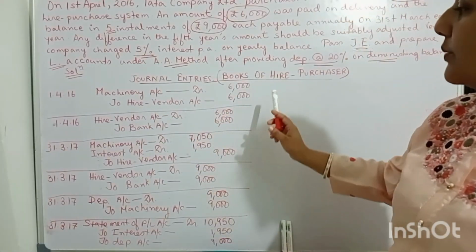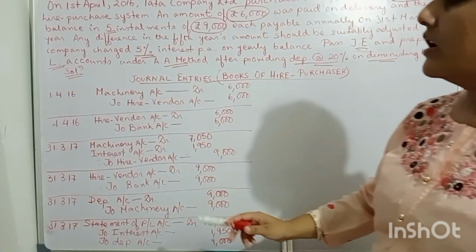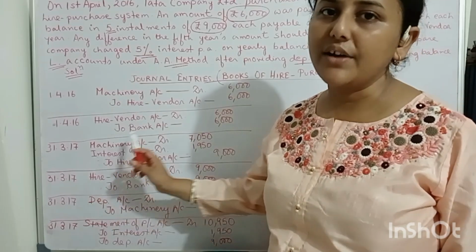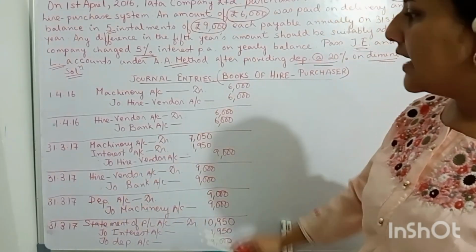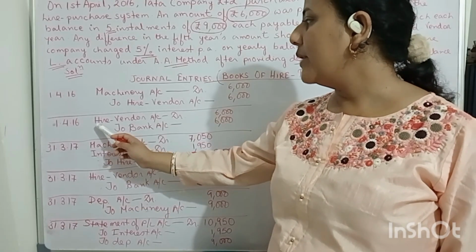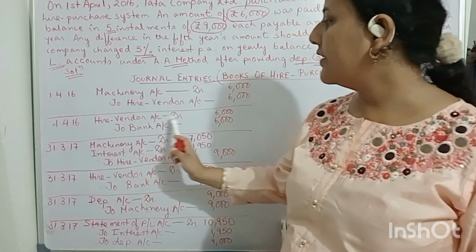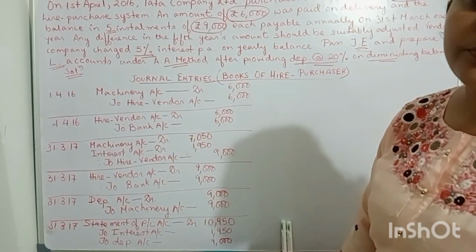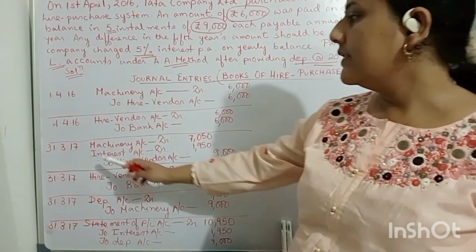Liability also goes up. So the 6,000 position is credited with the hire vendor's account. Then on the same date, the amount of down payment is paid. So liability decreases, so hire vendor account is debited to bank account. Now at the year end, that is